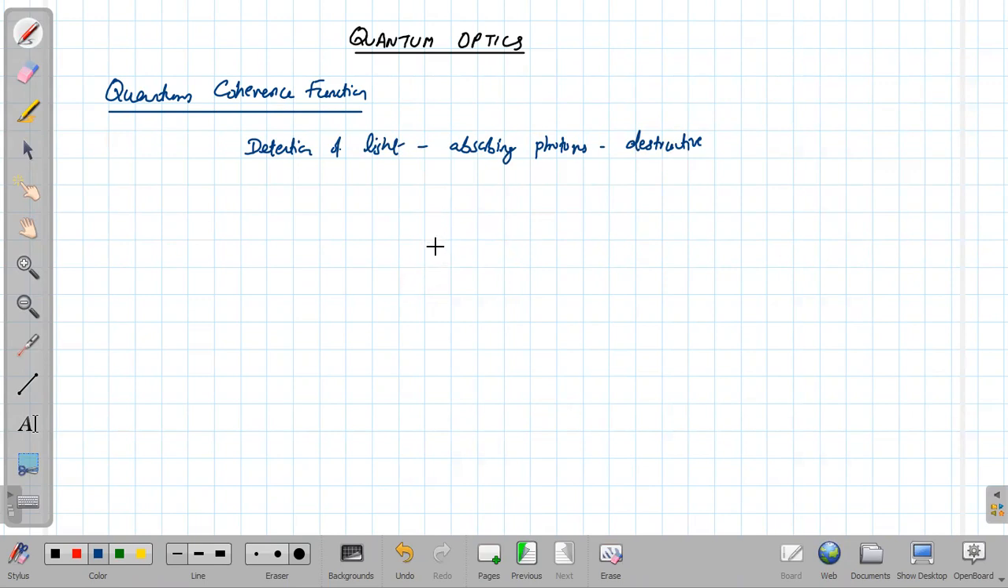Now, quantum mechanically, we have seen that the electric field can be represented as an operator. That thing we discussed in the third semester, while discussing the quantum mechanical theory of the atom field interaction. We represented the electric field operator. So quantum mechanically, the electric field operator can be written as